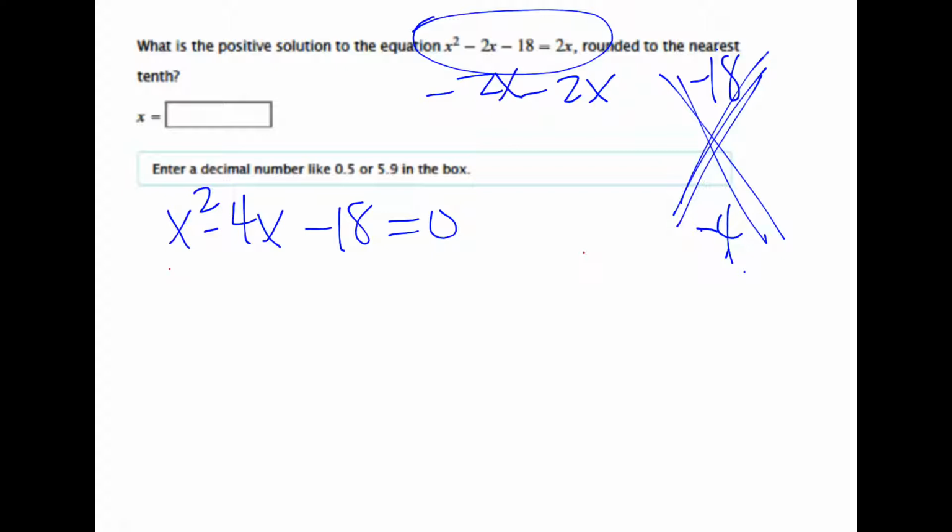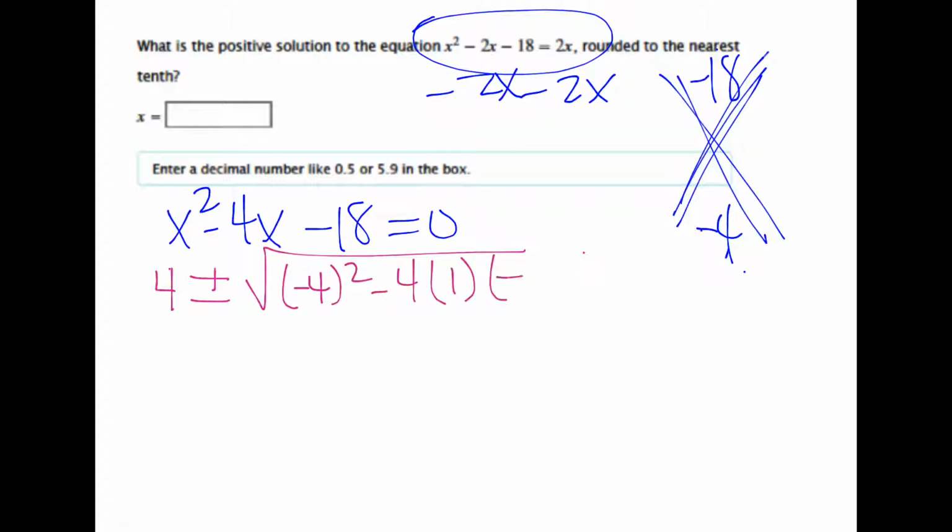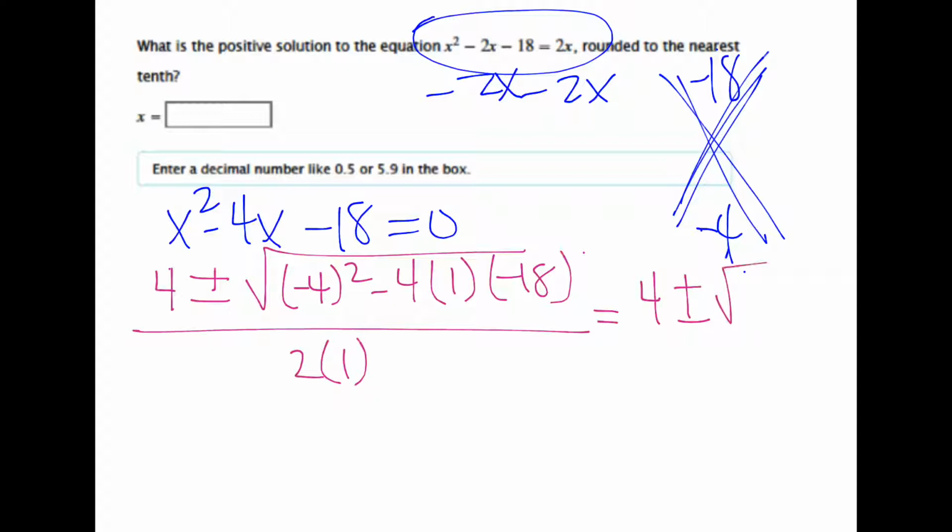which would be negative b, so that would be positive 4, plus minus the square root of b squared minus 4 times a times c, all over 2 times a. You end up getting, if you do this right under here, this is 16 minus 4 times 1 times negative 18, so it ends up being 16 plus 72, so you get 4 plus minus the square root of 88